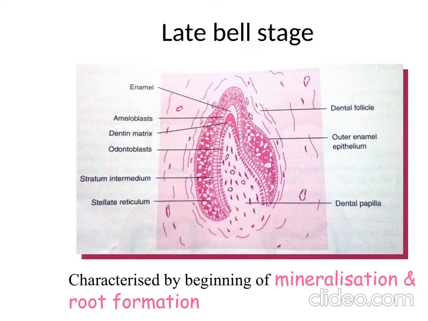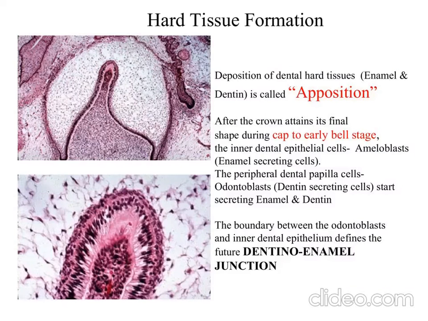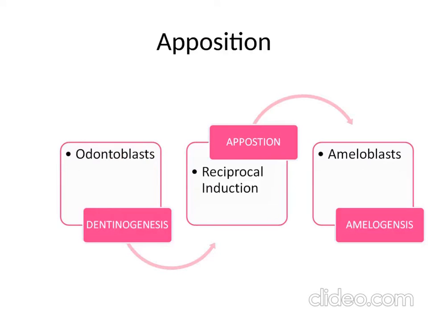The dental papilla also begins the formation of odontoblast, which is the dentin forming cell. So here in this late bell stage, you will see the formation of hard tissue, the enamel and the dentin, and this process is explained by a term called apposition. So what is apposition? Apposition is nothing but the odontoblast